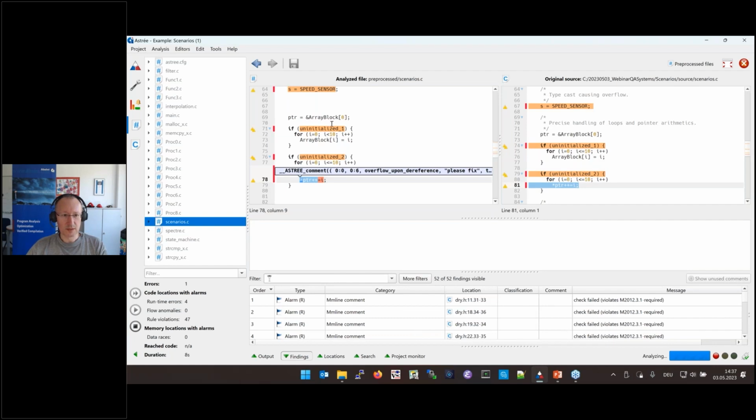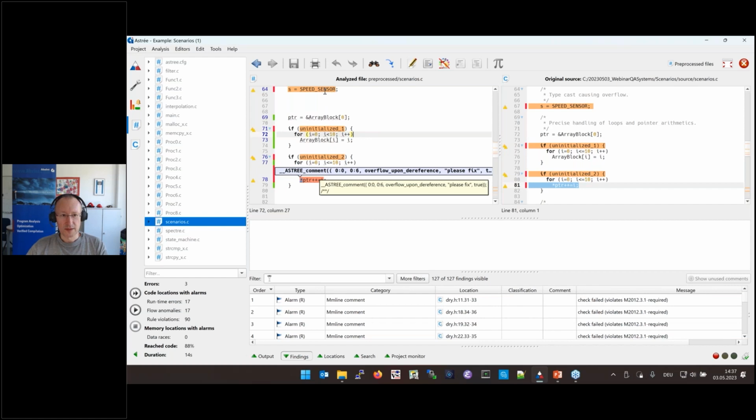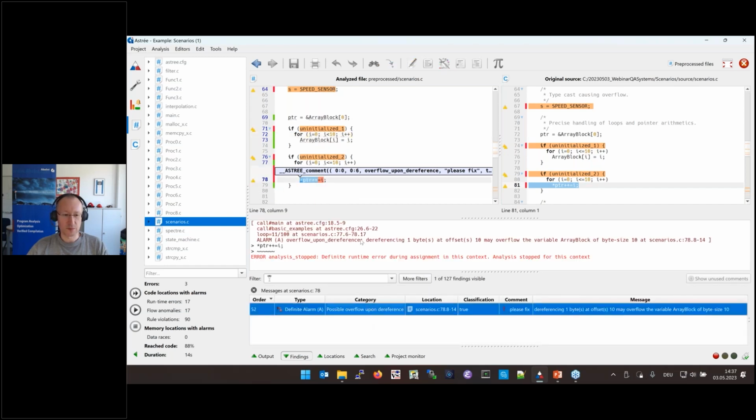Well, in general, when looking at these editor windows, we can see that there's a bit more colors than just with the rule checking. Rule violations are highlighted in blue, and then the yellowish red colors, the darker the color gets, the more critical is the finding. So in that case, we have a definite buffer overflow, so we can be sure that whenever we run here, eventually we'll run into this buffer overflow. So this here is dark red.